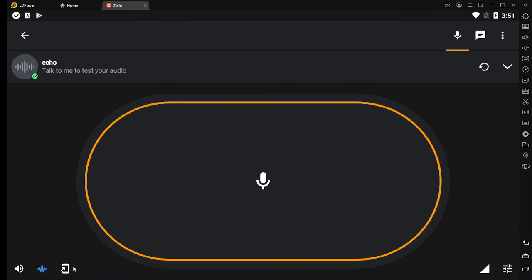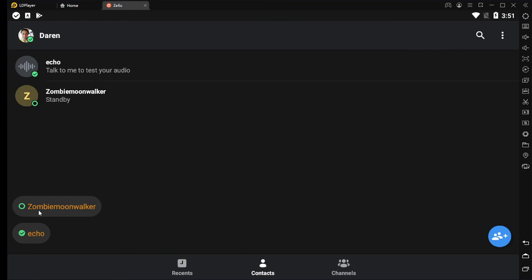This third button on the lower left, that is to drop an overlay button. What that is, it comes in handy if you're speaking to multiple contacts. So for instance, I can drop an overlay button for Echo right here, and then I can drop another overlay button for another contact here. And what that does is that on my screen I can speak to either of them just by tapping and holding on these buttons. So I can say hello Echo,